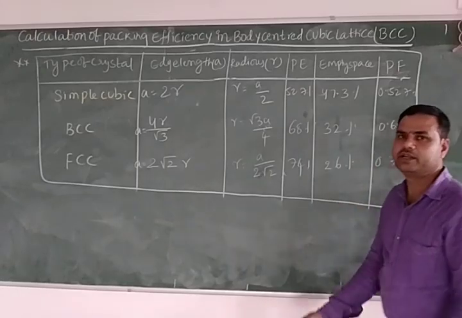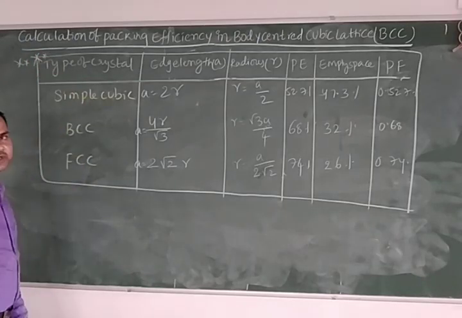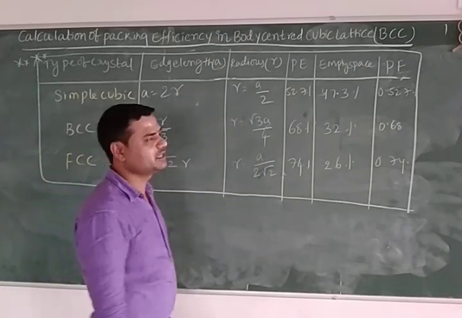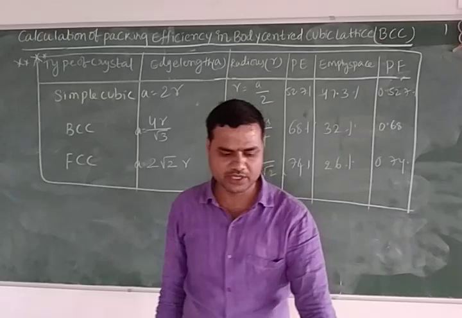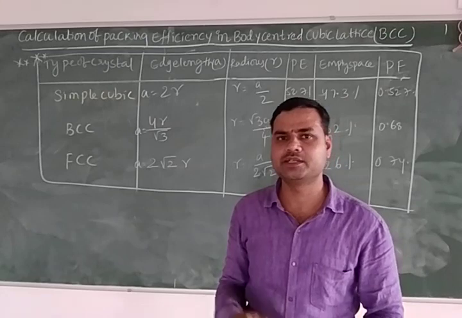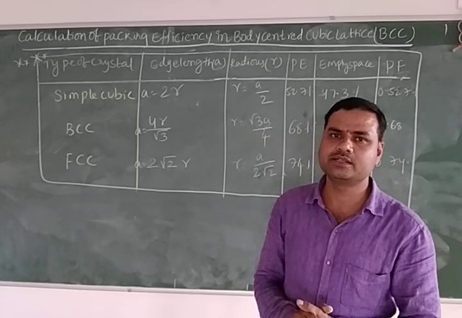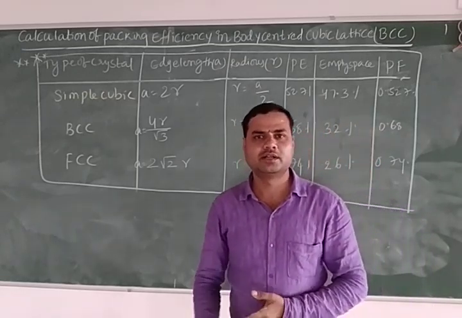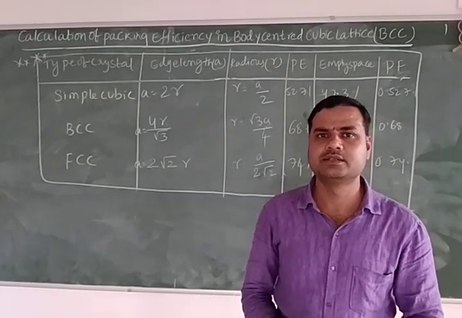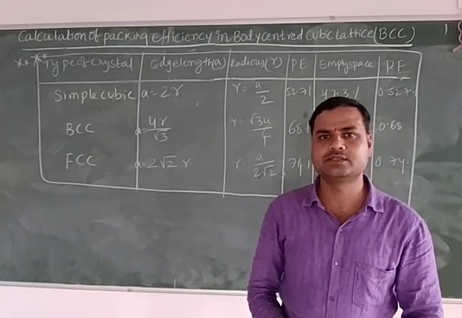So this is one of the important tabular columns for any competitive examination. It is a most and very important tabular column, with the radius formula, edge length formula, and also packing efficiency, empty space, and packing fraction. With this we have completed the complete packing efficiency topic, that is packing efficiency in 1 dimension, 2 dimension, 3 dimension. One more topic is left over, location of tetrahedral voids and octahedral voids. That is a very important concept, and in the next topic we will discuss it, and packing fraction in different lattices, simple cubic, body centered and face centered. You must remember all the equations. Okay, thank you.